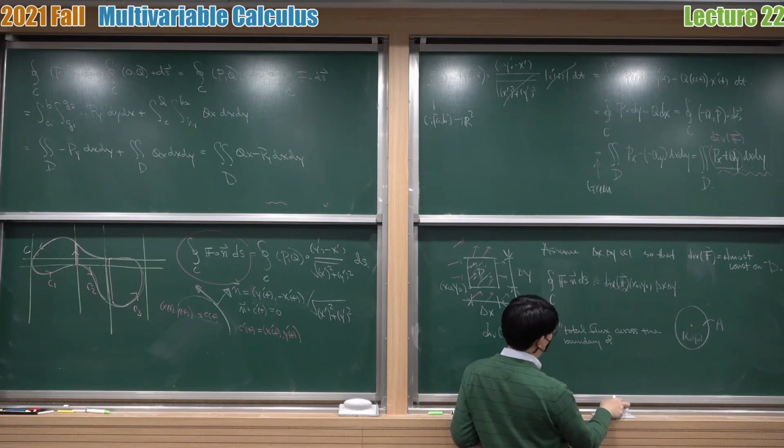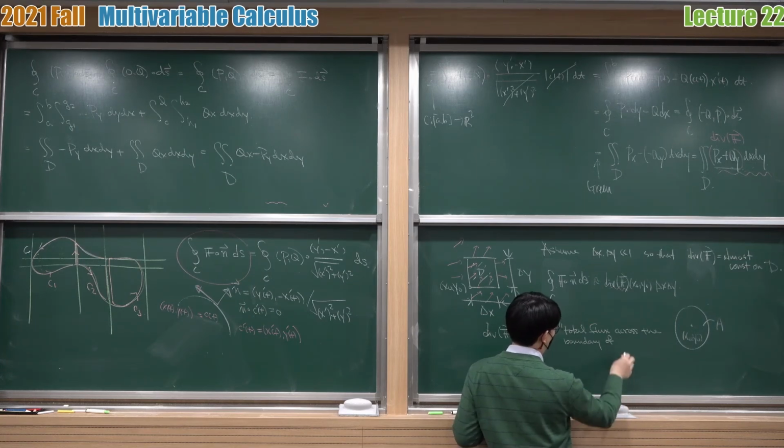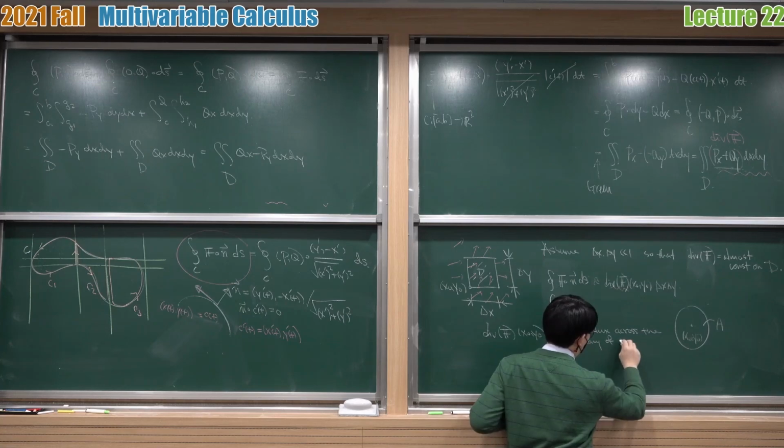So let me write it in a more intuitive way. The total flux across the boundary of a region, or actually a small region,